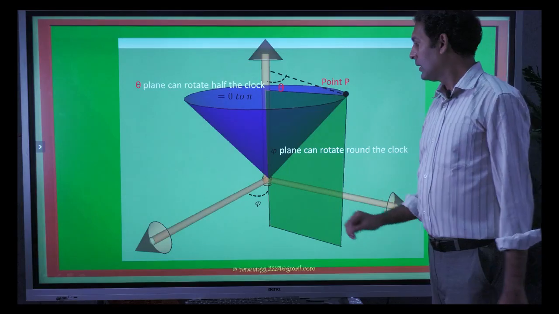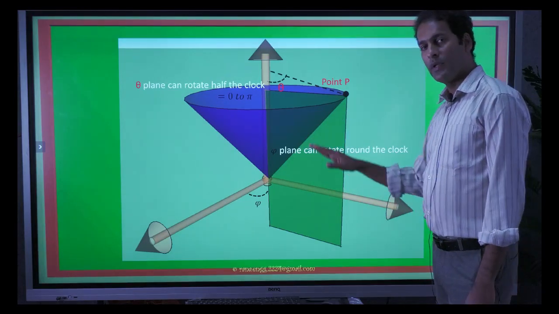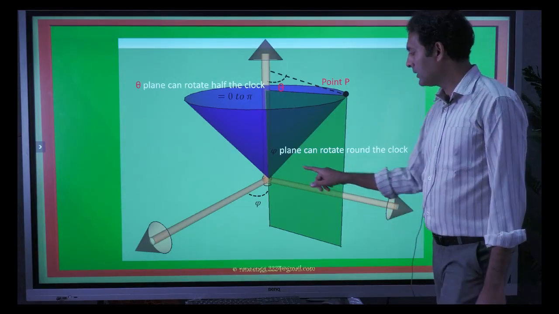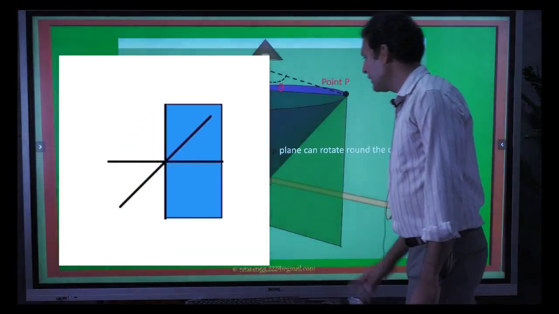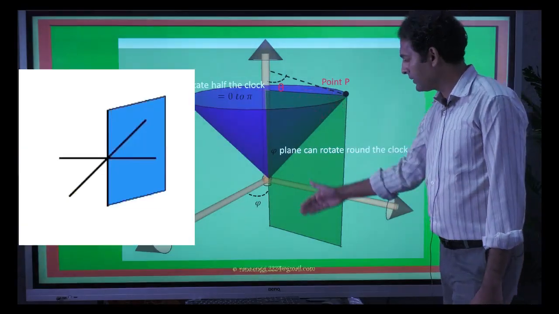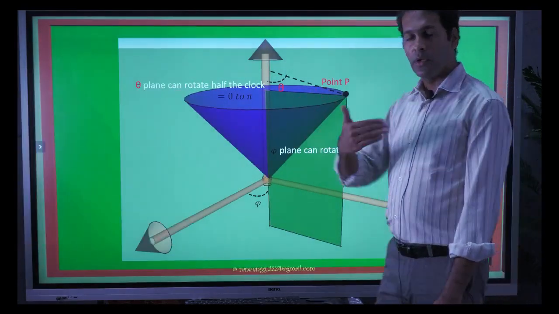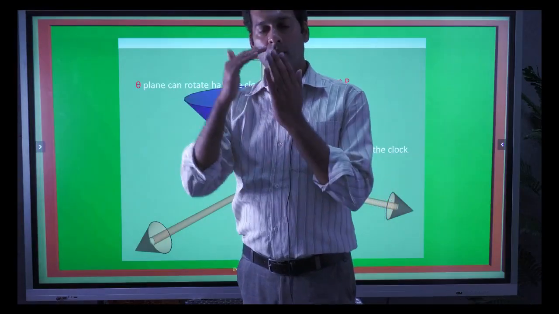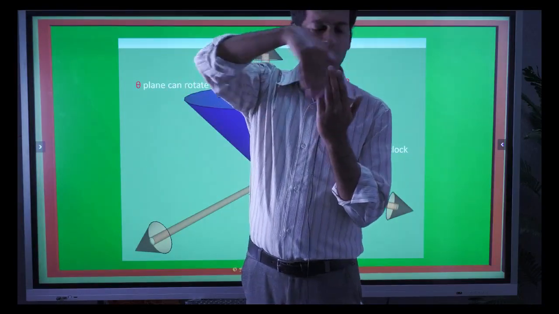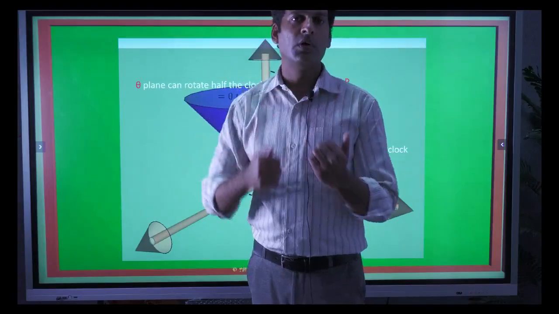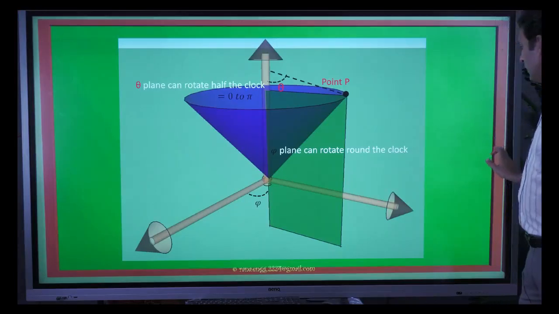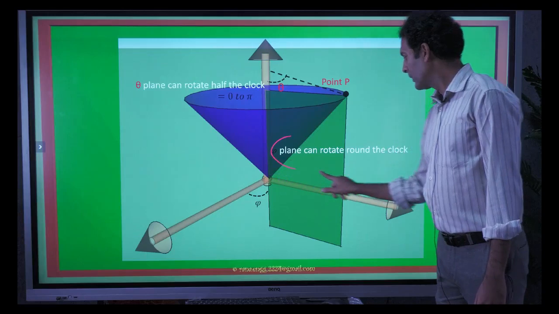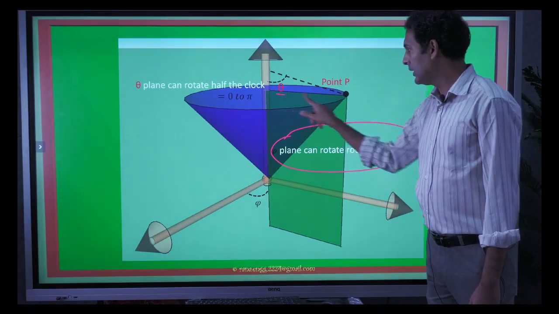Now here we can see a point P. For point P we require the third angle also. The third angle is angle phi, which is the rotational angle. It is the same as in the cylindrical coordinate system. So if we rotate this plane continuously about the z axis, it will give a complete rotation of 0 to 2 pi. So one is a plane where we get phi equal to phi constant plane. The limits for phi will be 0 to 2 pi around the clock, this surface.